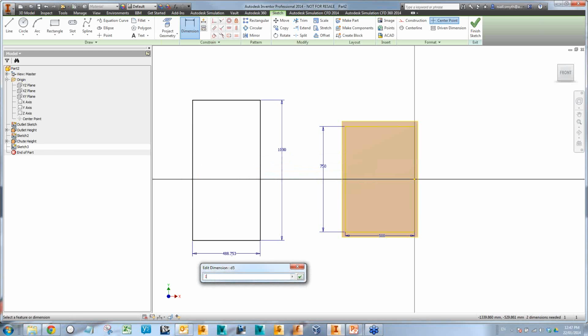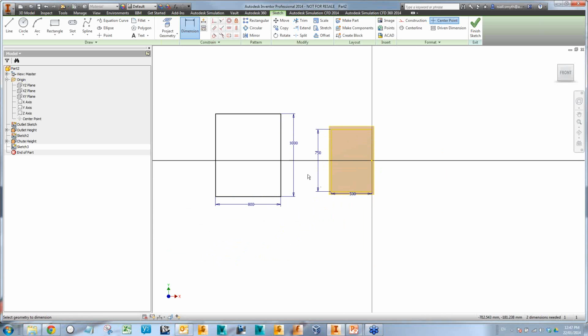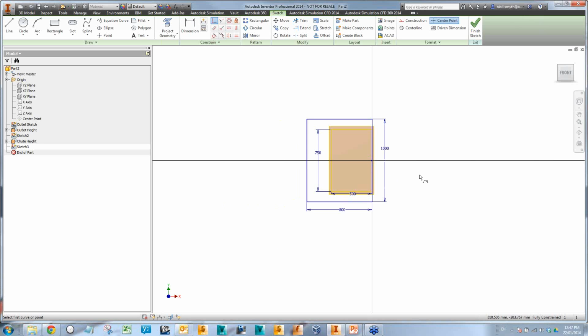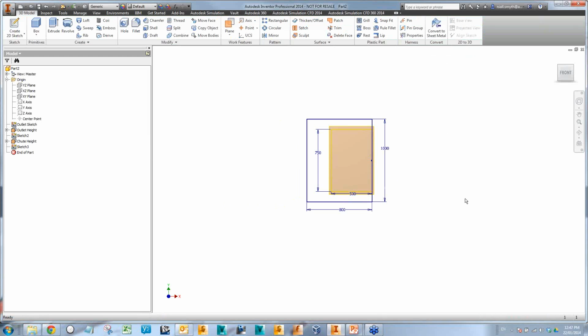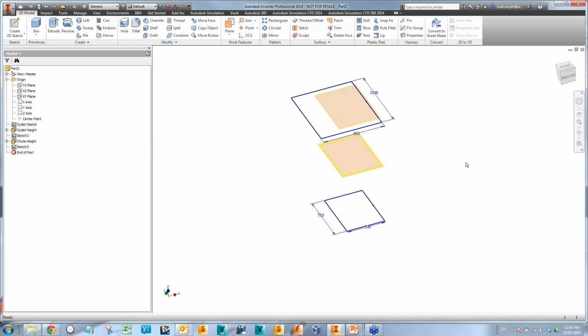And my inlet depth equals 800. Okay, so again I'll just constrain that sketch very quickly. And again I'm working off the center points and planes and so on, as you see there. So finishing that sketch,